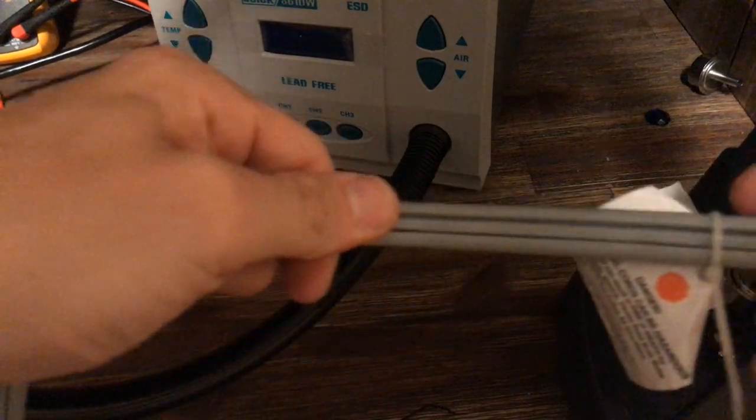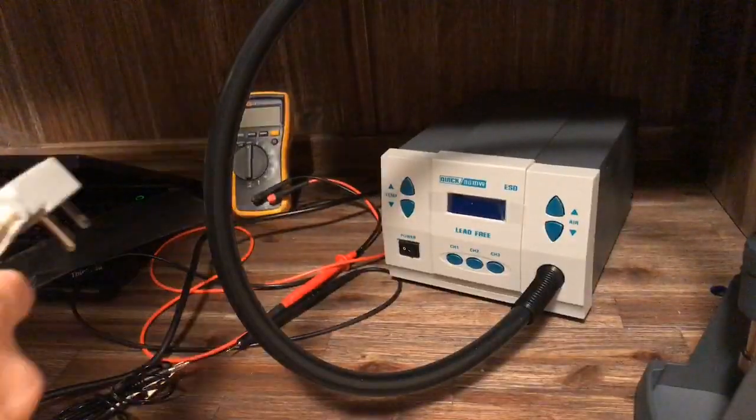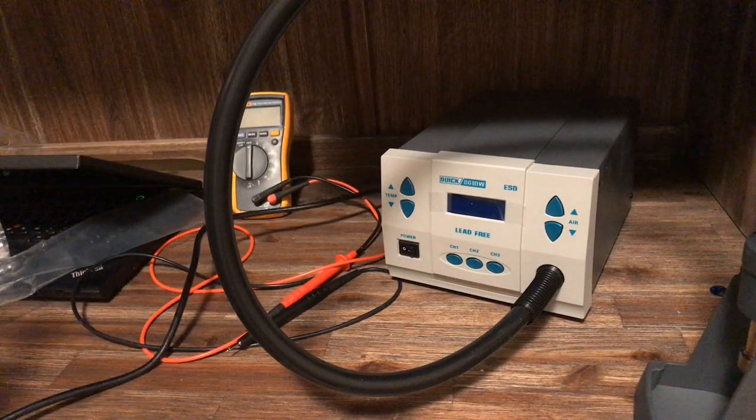If you do need to add an extension on anything, you want to make sure you get a heavy duty extension, one that's going to be rated. You should be checking the ratings on these. They're all going to have them. It's very important that you check the rating. Your hot air station is going to draw a lot of power, and you're going to want to make sure you don't just hook that up to a cheap